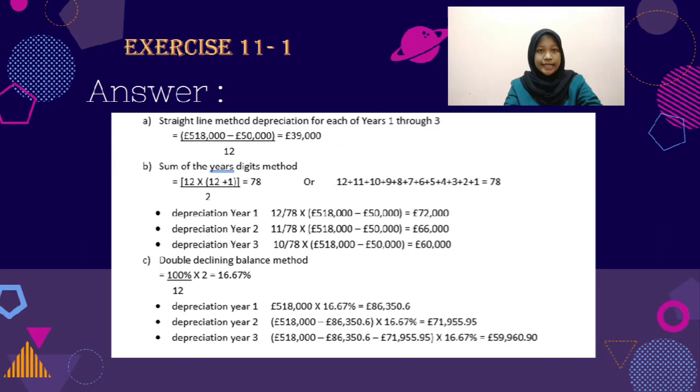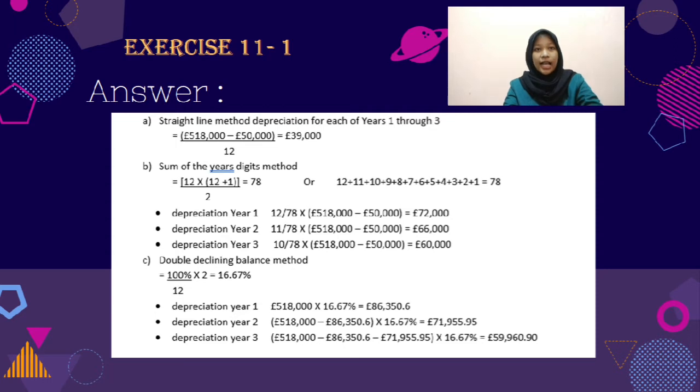518,000 minus 86,350.6 multiplied by 16.67% is 71,955.95. Depreciation year 3 in parentheses